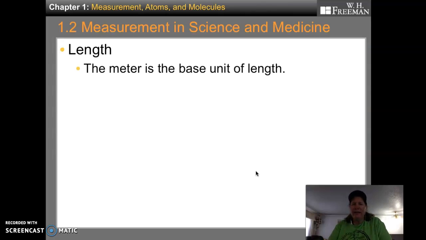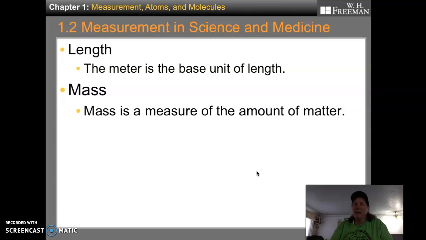All right. Length, again, a meter is the base unit of length. So if you get smaller, decimeter, millimeter, centimeter, those are smaller units than a meter. And again, a meter is a little bit more than a yard. A meter would be like where we use feet or yards. And if you need a really big unit, you'd use a kilometer. But there are also other units in between there.